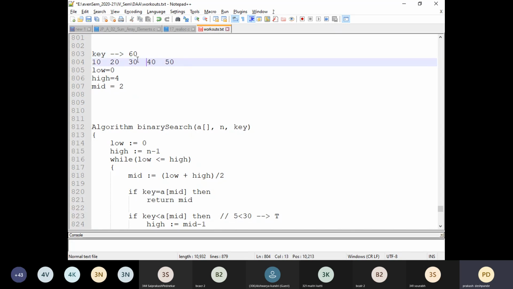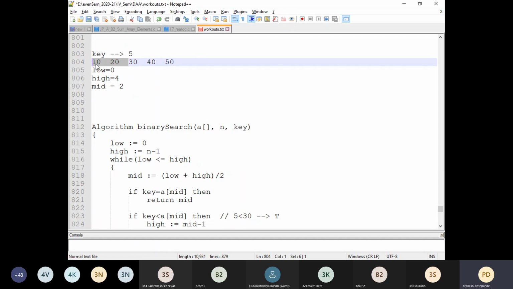During that time, we will only look into the right side of the array. So in this case, the key value is 5 and we are supposed to only look into the left half.